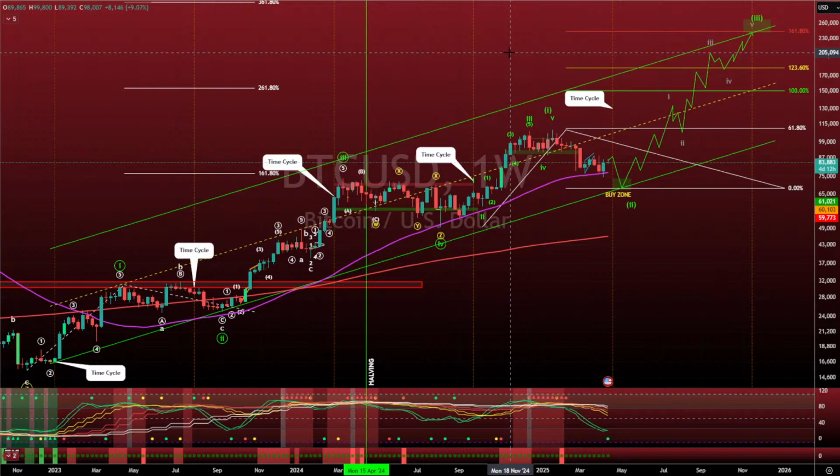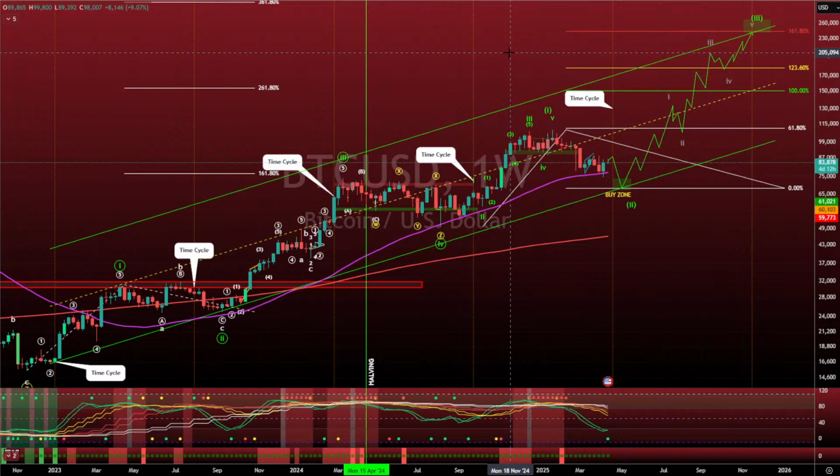So again, I'm not saying that that's going to happen right now. I'm still saying that we need a lower low here. But if we get to that 68,000 area, you better be certain that that's going to be an opportunity to buy. And if you are interested in investing, you always need to take a look at your probabilities and make the decision that's right for you. But look at what's in front of you, look at what's presented to you. And again, this is just one piece of advice that you should be taking, or really maybe not advice, but just an opinion,